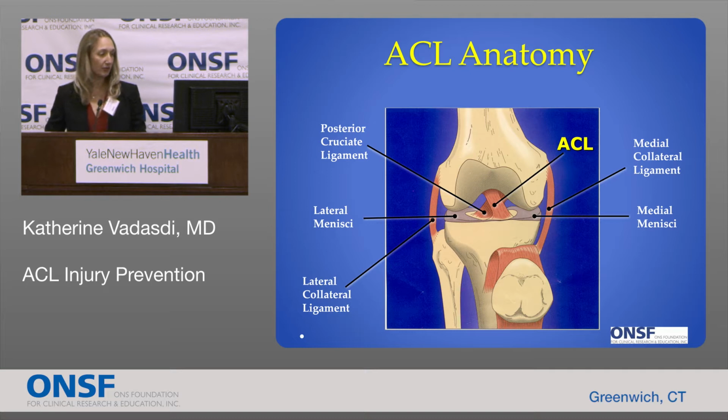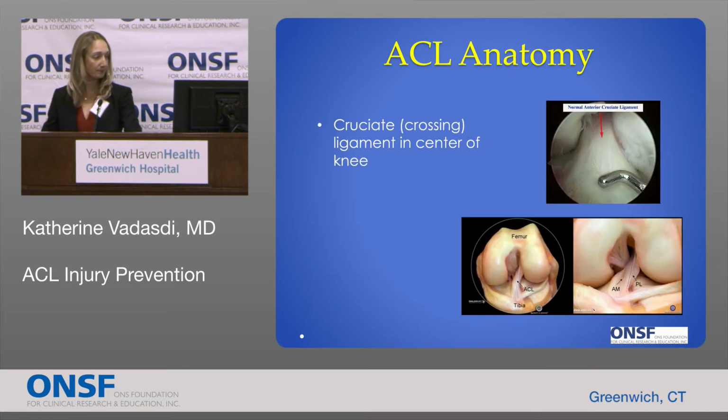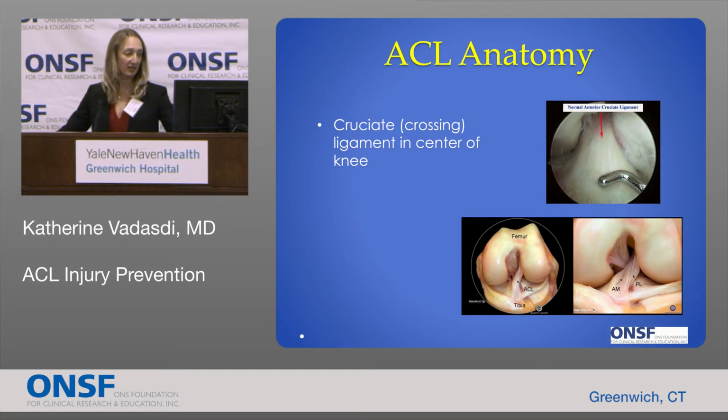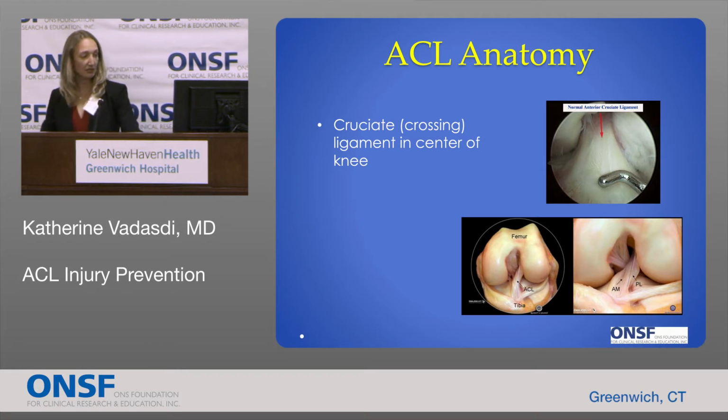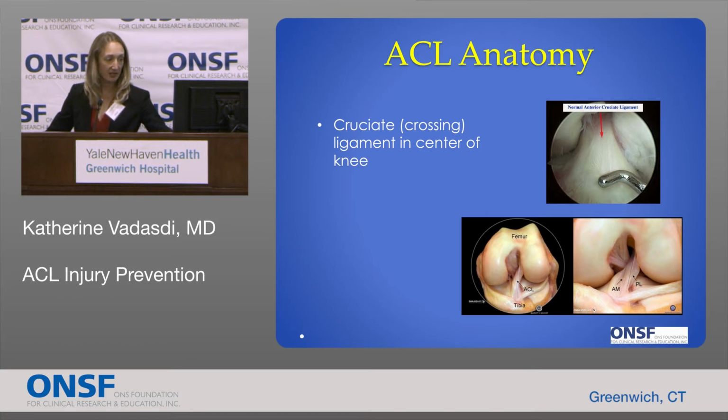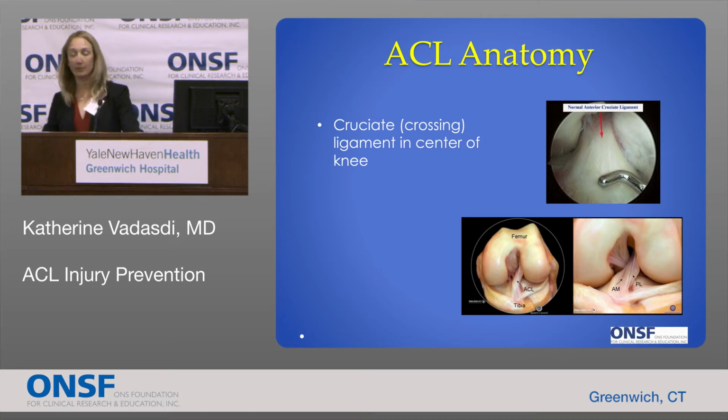and it's one of the two cruciate ligaments that cross the knee and help stabilize the knee. It's right here in the middle where that probe is pointing, and you can see that it is right here. And we'll continue to look through. As we look at the anatomy, right here the ACL sits in a notch, and that notch is important when we look at some of the risk factors of why people may be at a higher risk of having ACL